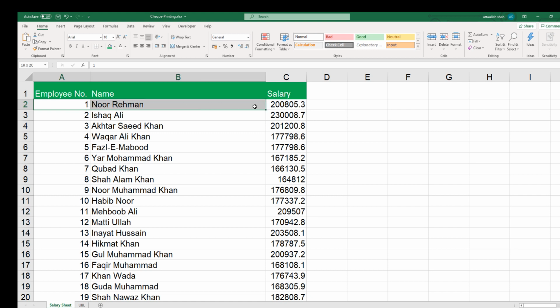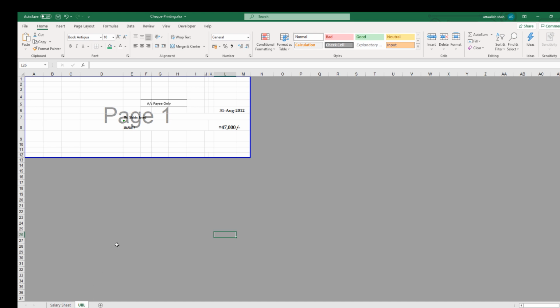First of all, we want to print a check for Nur Rahman. The amount that we shall pay is 200,000, and once his data is printed out on a check, then we go to Ishaq Ali, then Akhtar Saeed Khan, then Waqar Ali Khan, etc.